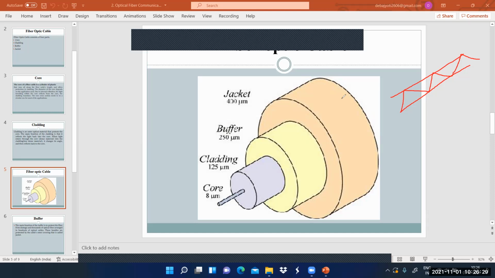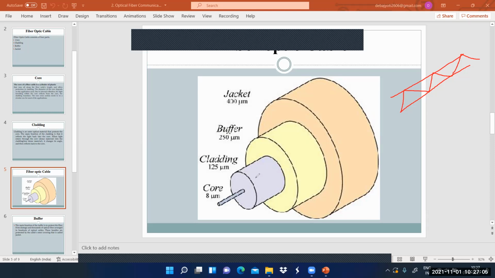Okay, so when the light enters through the core, the core here is the dense medium. From reflection you already know, we are considering the core as the denser medium with higher density, and its index is N1, and the cladding is lower density, N2. So when the light travels from core to cladding, from higher density material to lower density material, it changes its angle and is reflected back towards the core.